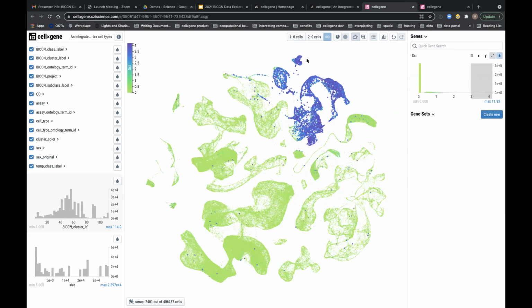What we can use to do that is start to run differential expression tests on various selections of these cells. So what I'll do is I'll lasso select this cluster.